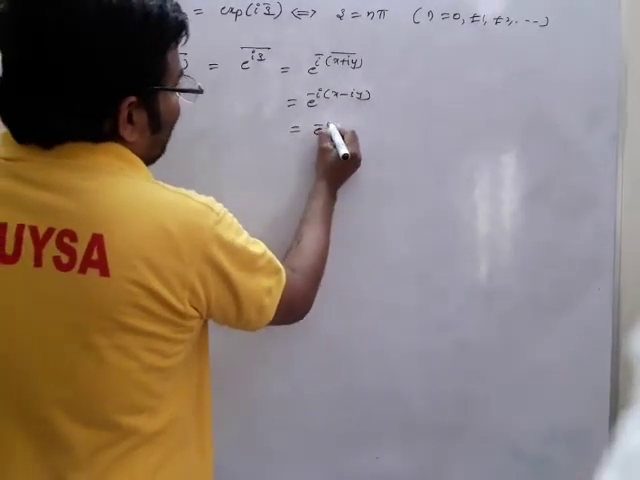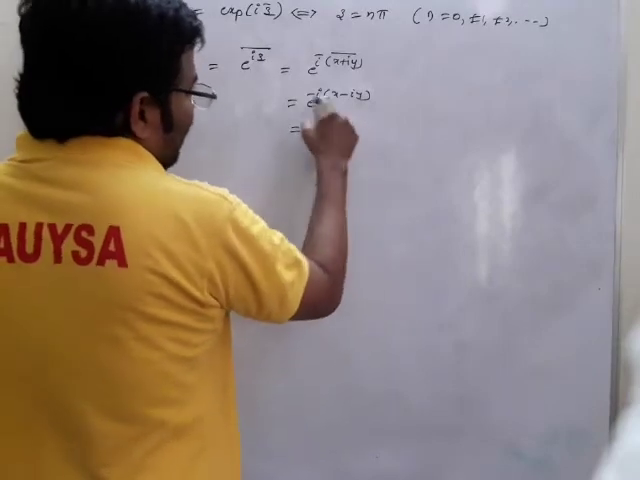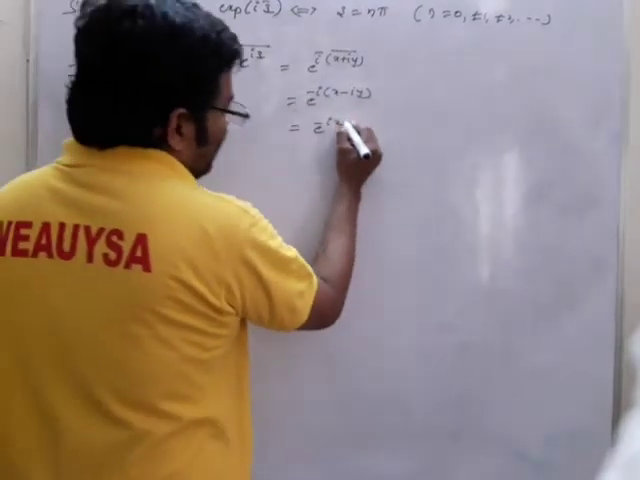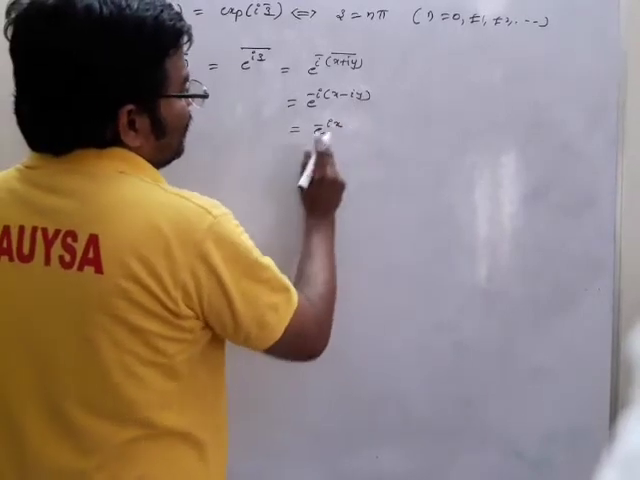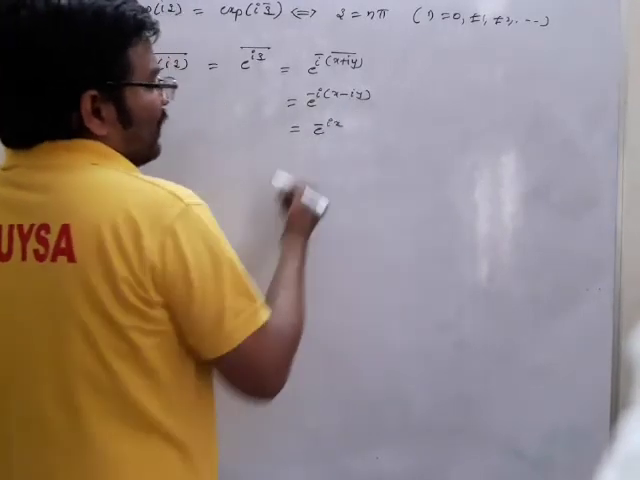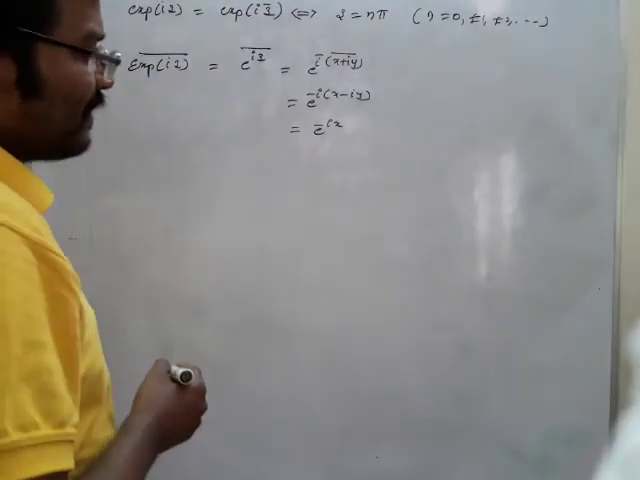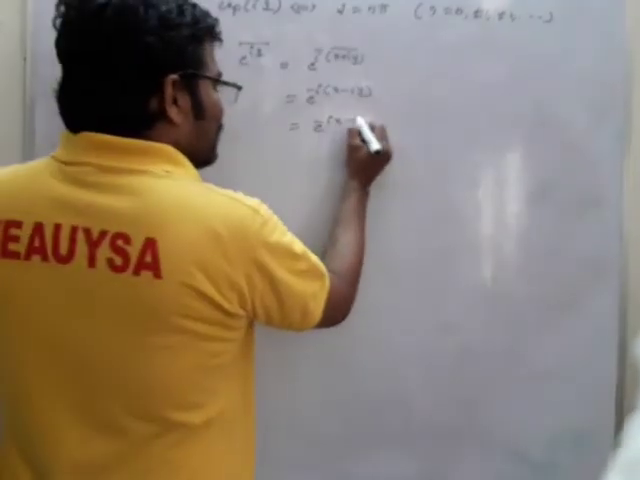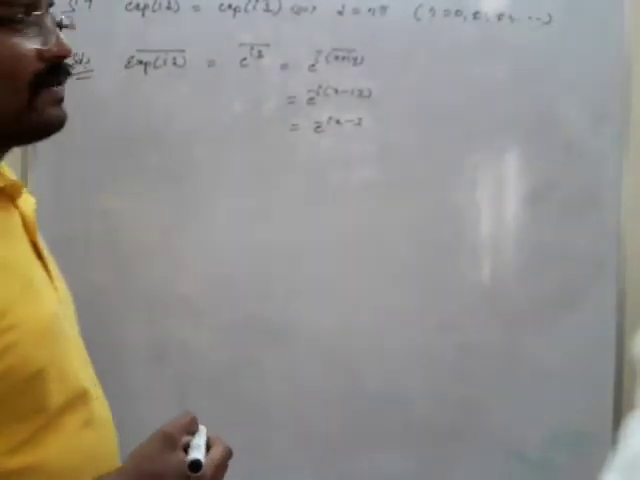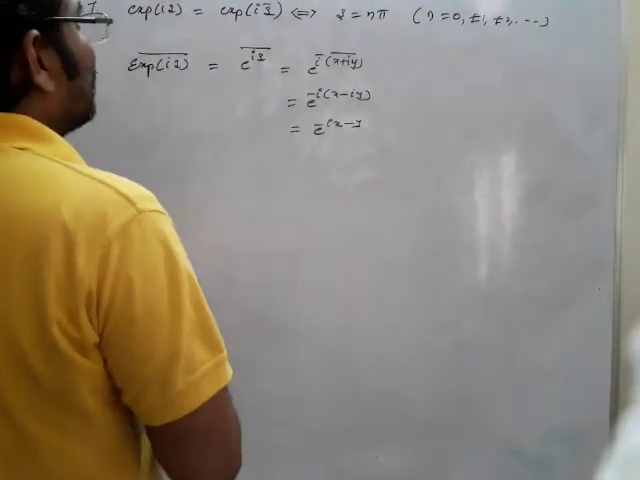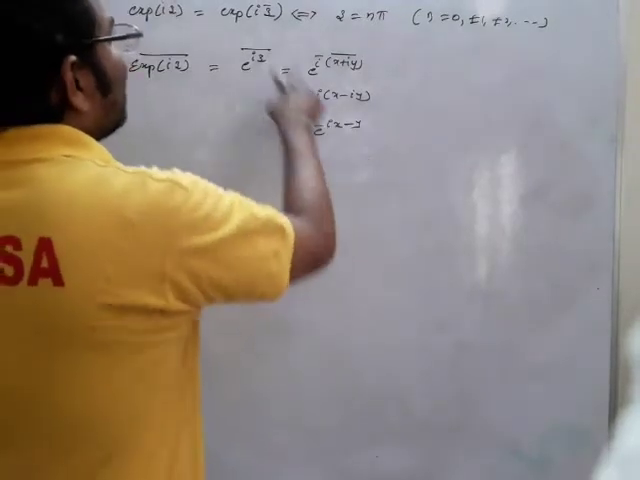This is e power minus ix, and i into minus is plus, but i into i is i square. I square is nothing but minus 1, so you will get minus y. So e power minus ix minus y. You got this one. So e power minus ix minus y is equal to e power...